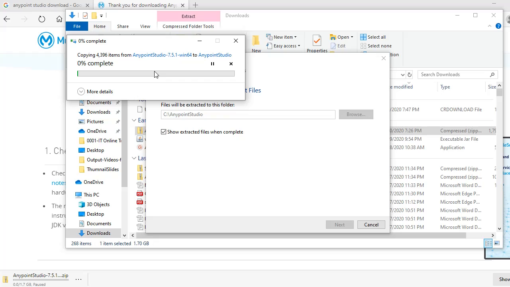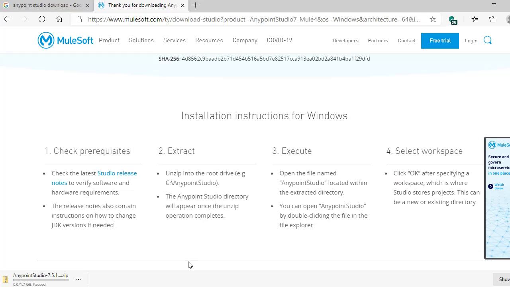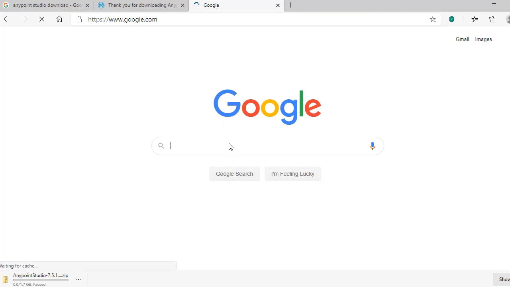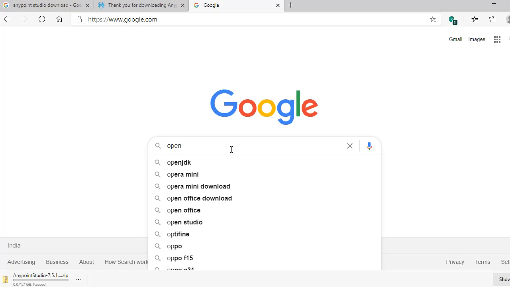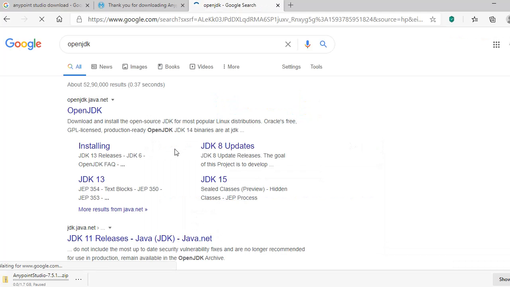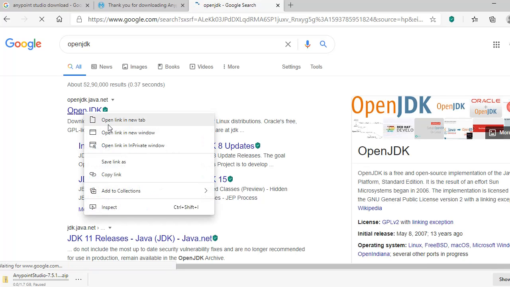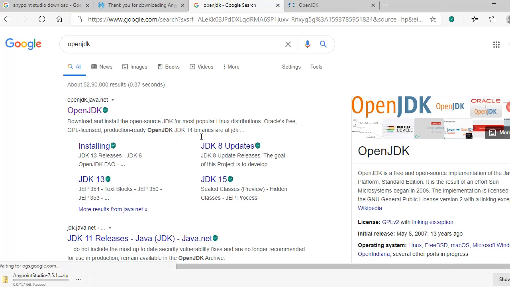Meanwhile, we can download a Java OpenJDK version. We need to download it because Anypoint Studio is built on top of Java, so in order to run Anypoint Studio, we need to set up Java in our system too. So let's download OpenJDK. Earlier, Java installation was pretty different, but now we have an OpenJDK version, so we can easily download it. Go to Google and search for OpenJDK. I'll provide all these links in the description box, so don't worry.